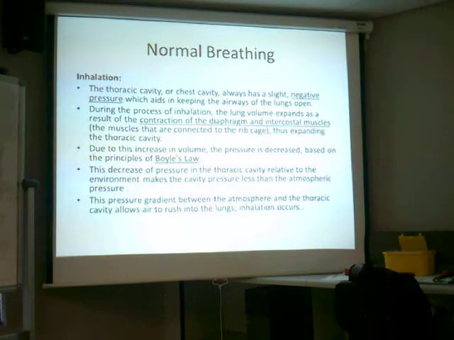So for instance, if a person is running, automatically his brain will tell that person, I need more oxygen, the heart will start pumping faster, he will breathe a lot faster, he will take in more breaths in order to get more oxygen in. Even, say for instance, when we yawn, our brains are telling us something about what's happening with our breathing and with our oxygen. So when we are ventilating a patient, we have to take this into consideration.